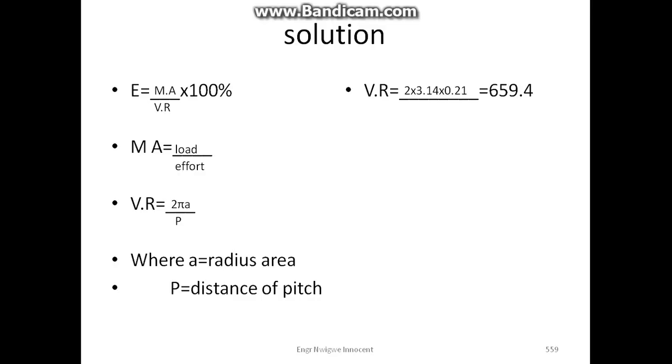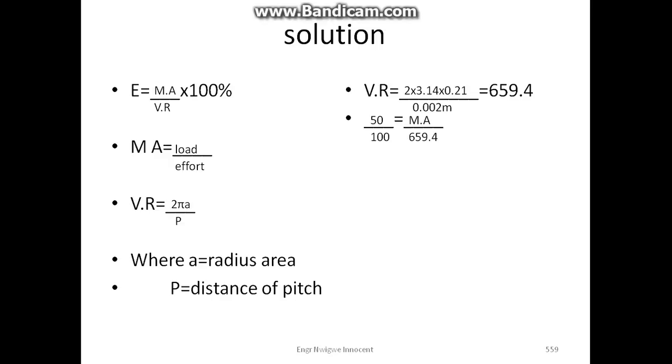the radius area, which is 0.21, all over the pitch, which is 0.002 meters, which gives us the velocity ratio of 659.4. Then we know that from the formula of efficiency, E is equal to MA over VR times 100%. Then our efficiency is 50 divided by 100, which is equal to MA, which is not known, over the velocity